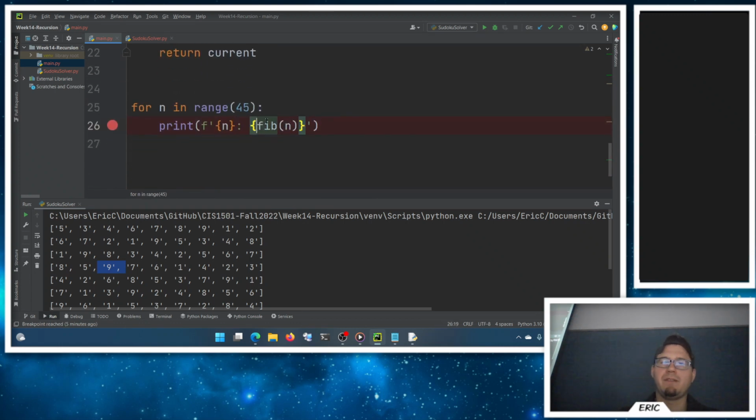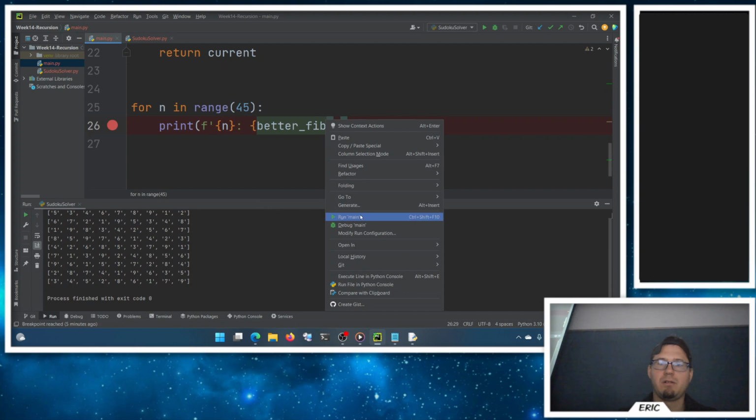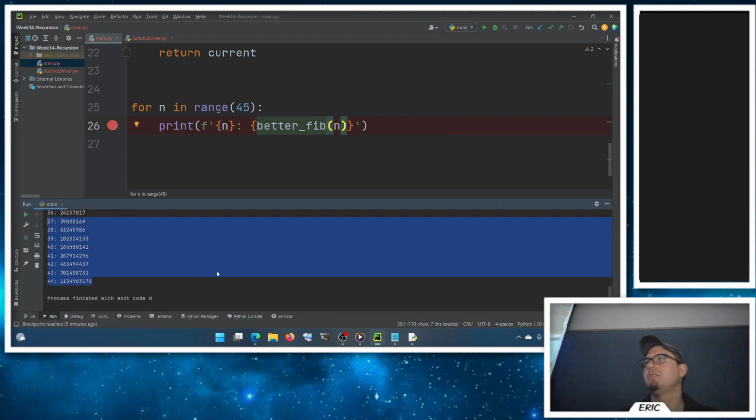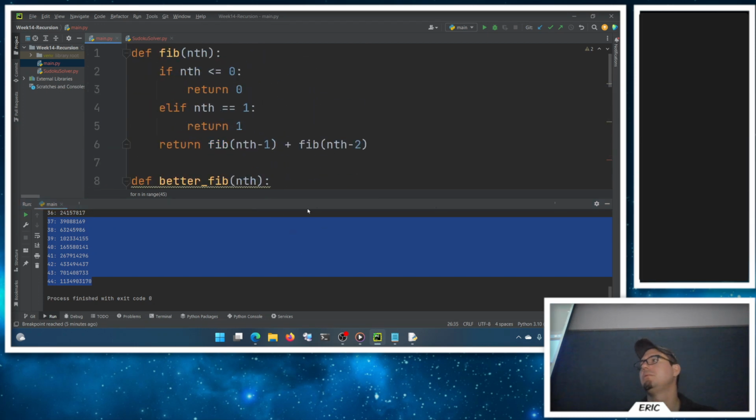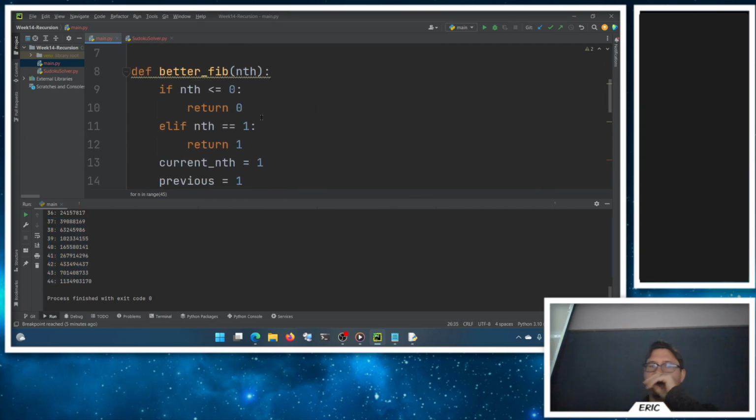So I can use my better fib here, right? It's just a loop at this point, and I can run this one. Oops, this one here, and see how fast that was. Python's much faster adding up than it is adding ones here, right? So it doesn't have to be recursion if it's just